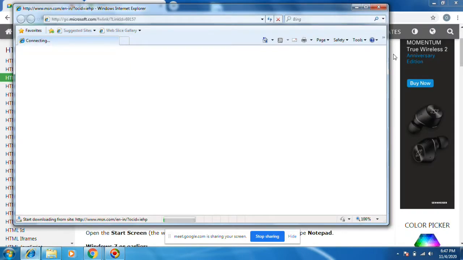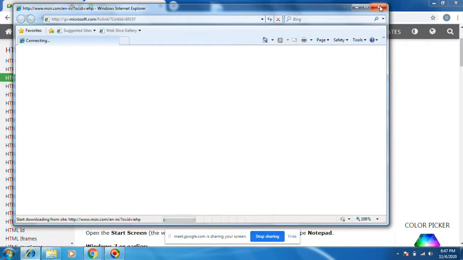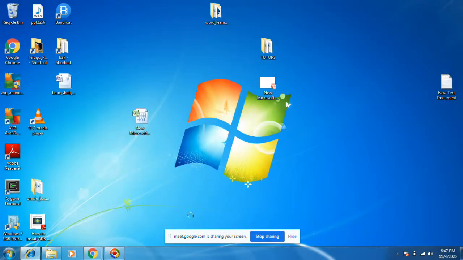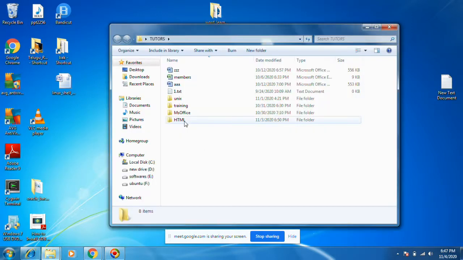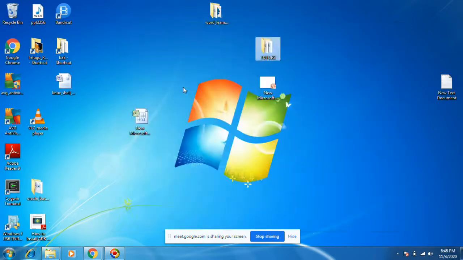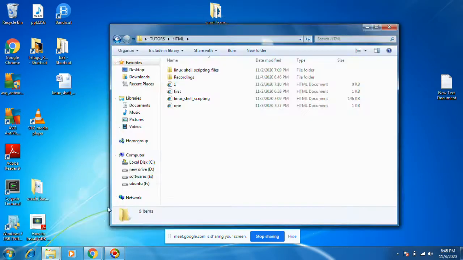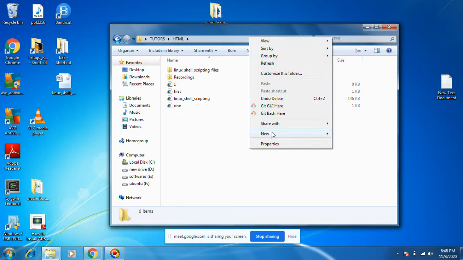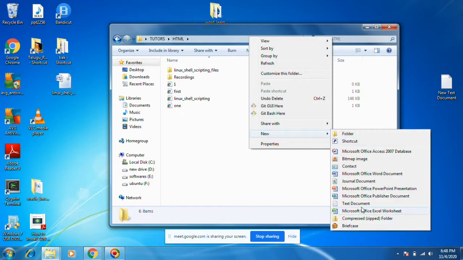This is Internet Explorer. You can use anyone. I'm just closing it as of now, this is not required. For Notepad, you need to open a folder, right click, New, and you see Text Document here.